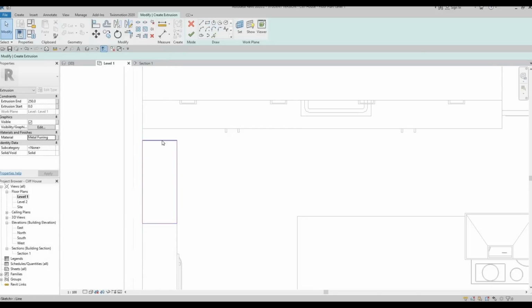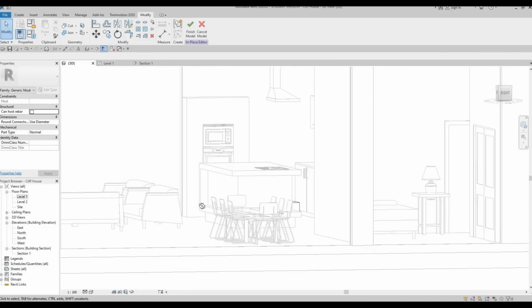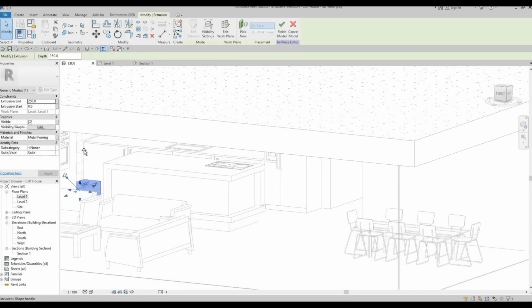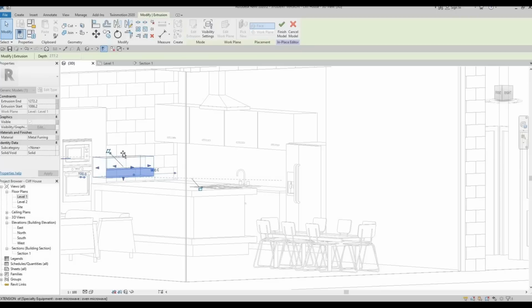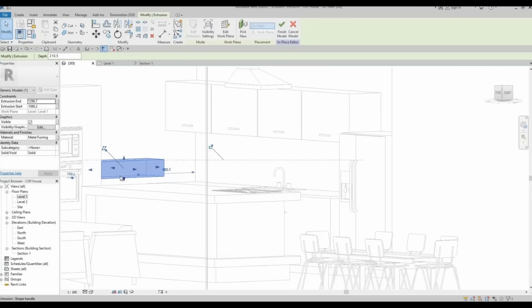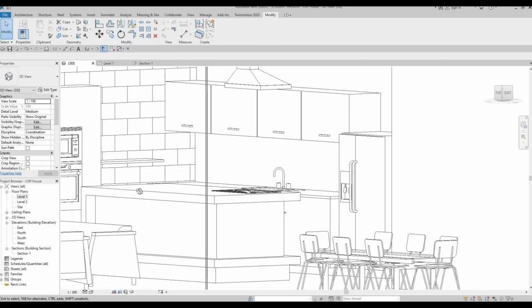So I'm gonna make this like that up to here, and I want to see it in 3D, so I could just move it like that before I click finish. So click finish, and then we can actually just